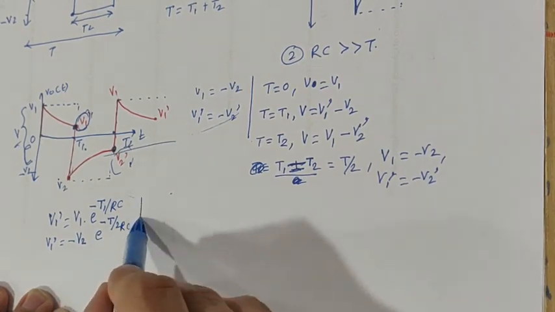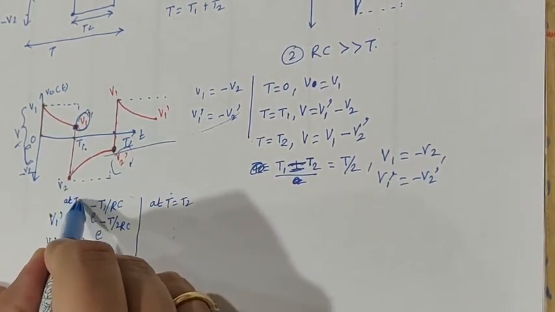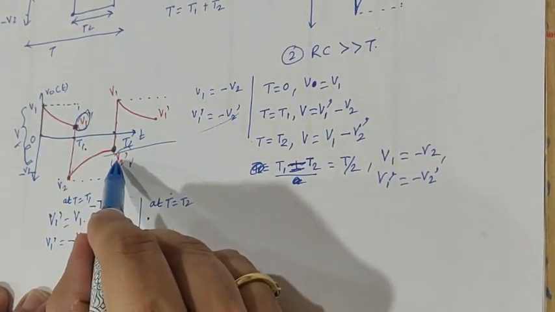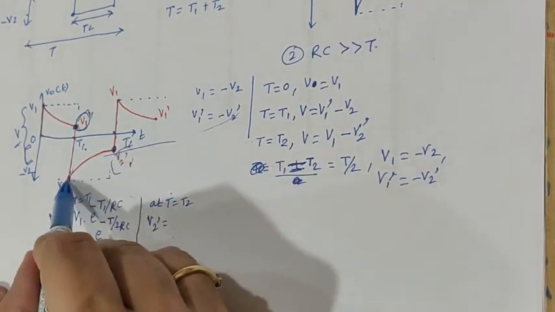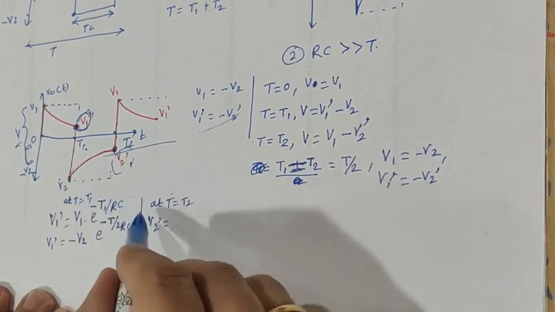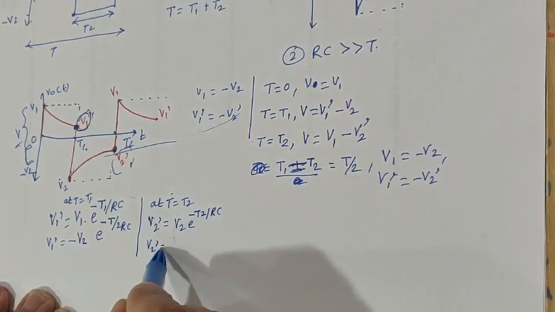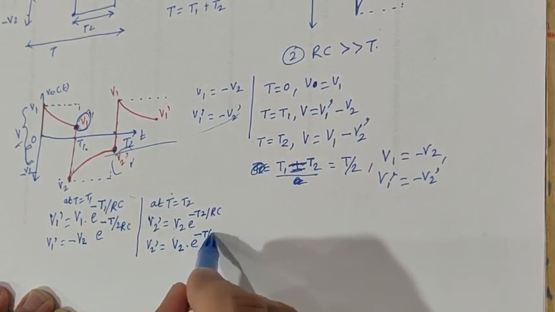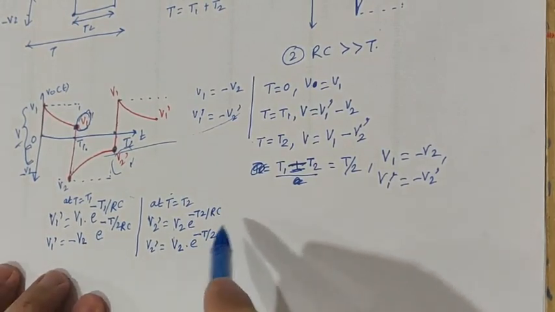And let us talk about now at t is equal to T2, what will happen. This was at t is equal to T1. Now t is equal to T2, what is there? Now you will be finding V2 dash value, which we can calculate. So what is V2 dash? V2 dash's initial value is V2. So how can you define it? You can define it as V2 into e to the power minus T2 by RC. So V2 dash is equal to V2 into e to the power minus T by twice RC. So T2 is replaced by T by twice RC. Okay, now let us continue with this equation.